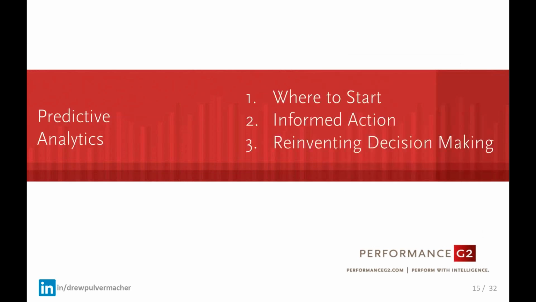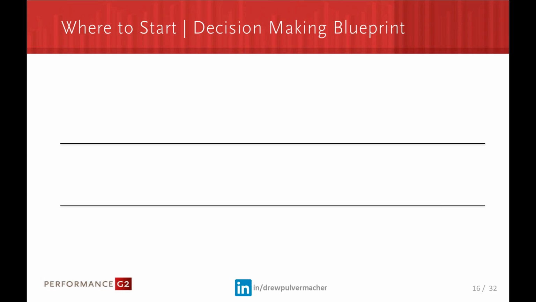And then we're going to talk about a pretty simple example about informed action. And then we're going to end. Yeah, so before Q&A, we're going to talk about reinventing decision making. And this is going to have a couple business examples of just ways to think about a business problem. And these come from real life cases. I'm not going to give the full details behind them, but just different ways of looking at how to solve a problem by using predictive analytics.